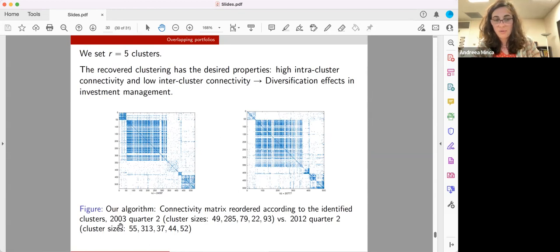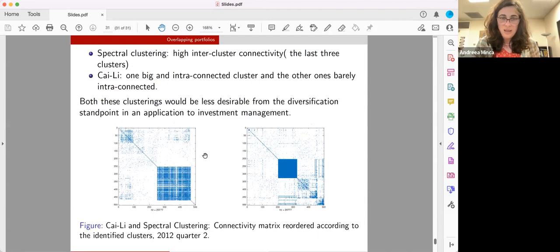I did it for the 2003 data, so connectivity of 2003 versus 2012. In each of these cases, it obtains clusters, and what you observe is that over less than a decade, the bigger cluster becomes bigger. So that would indicate that there is more overlap in the portfolios. Of course, what remains to be seen is what the performance would be if you allocate your funds according to this. But for our purposes, what we are providing is a tool with which to generate these clusters. And here it's a very interesting example, because if you compare this to existing clustering methods, what you